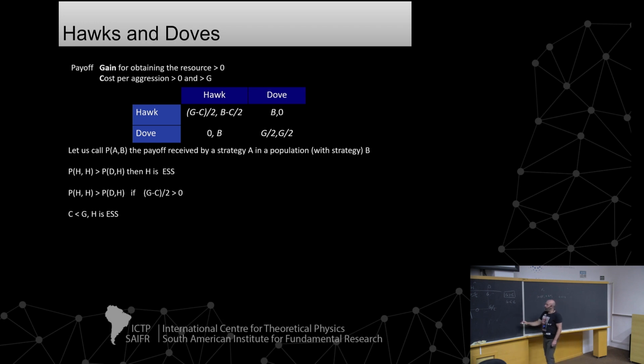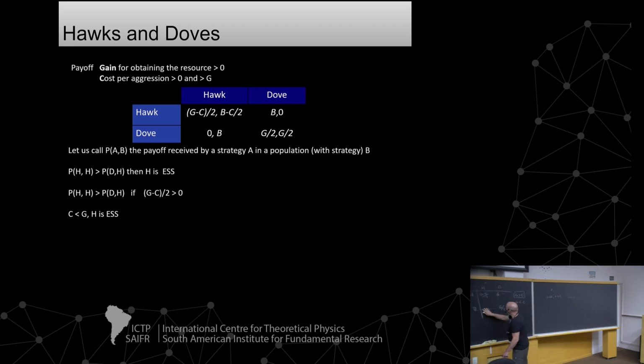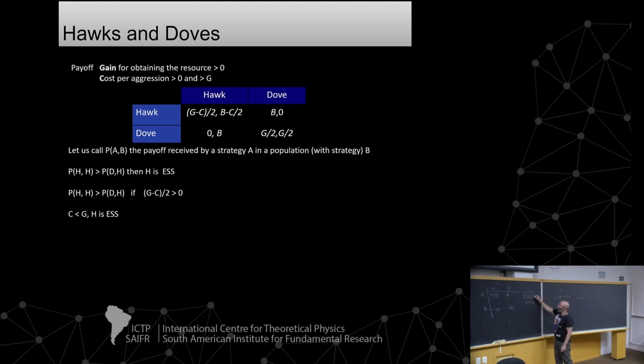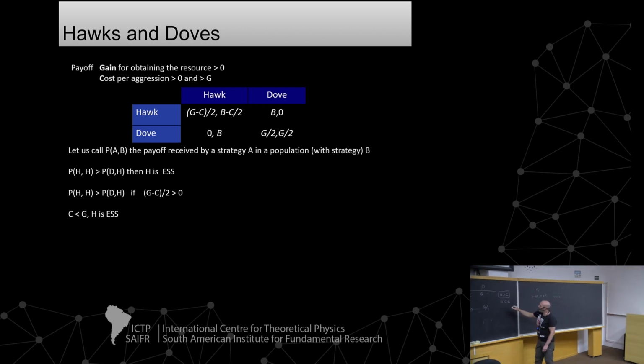In this case, this is negative, so 0 is greater than this value, but this is greater than this one, so there is no way to find a dominating strategy. In the previous case, it is clear that hawk is the dominating strategy and hawk is the Nash equilibrium of this game. But we are going to work with the situation where chi is less than c, so